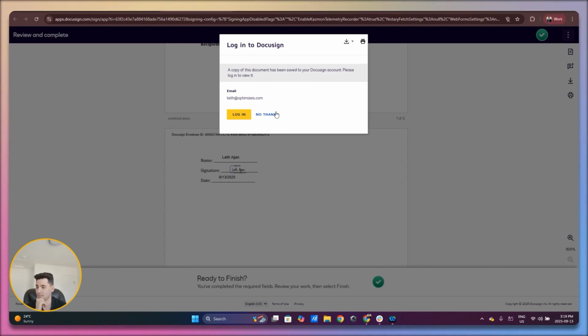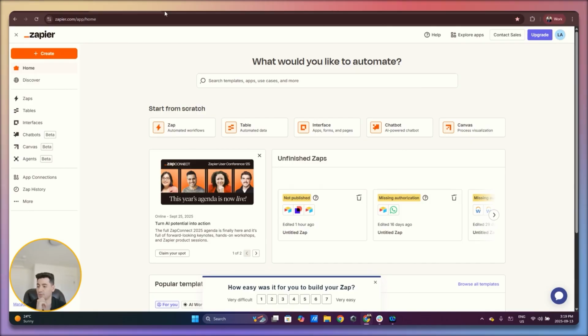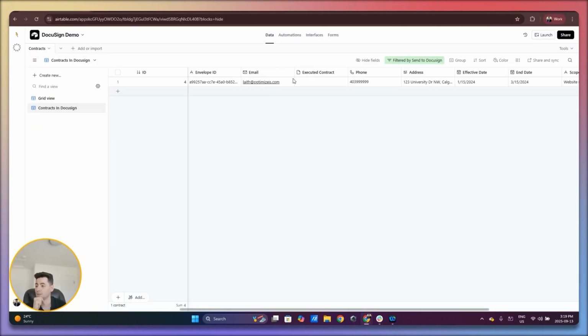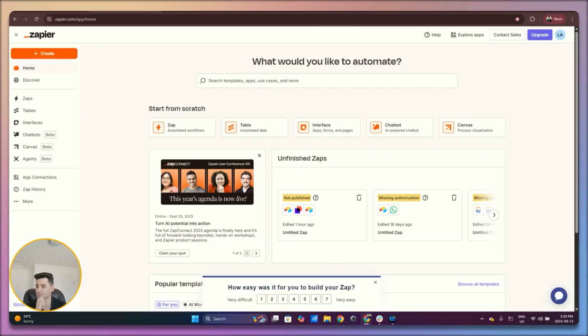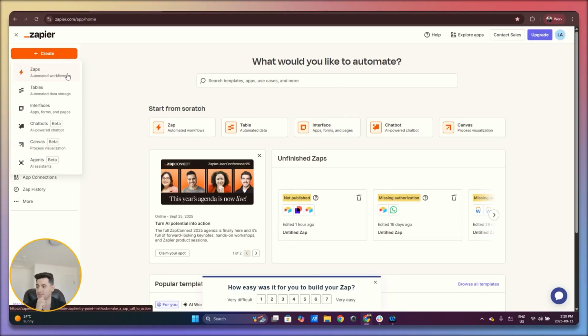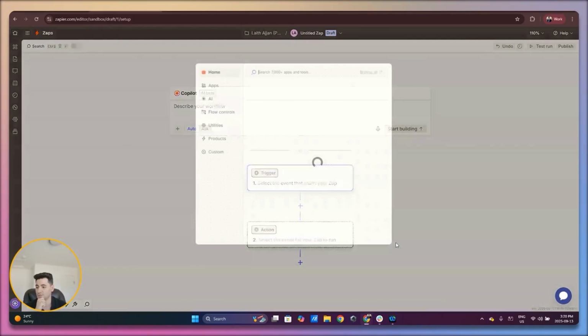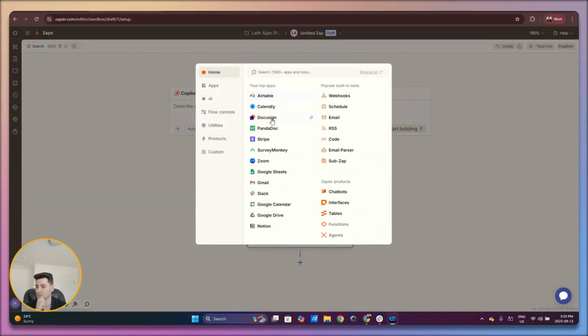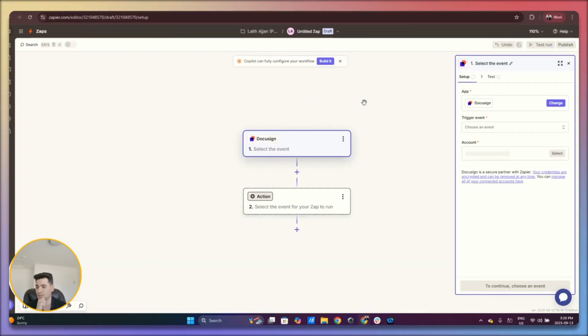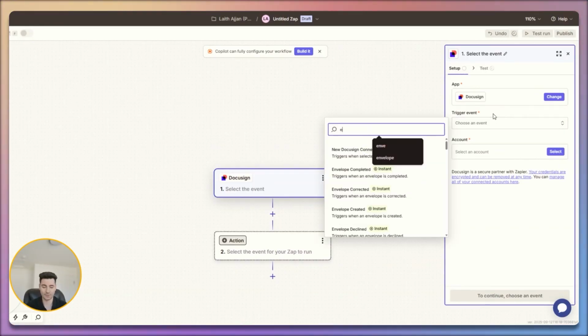So I've signed this contract, and now the next step is bringing this contract back to Airtable. So I've created a field called executed contract, just an attachment field. And now I'm going to set up the Zap that brings back my executed contract. So the trigger in this case is going to be DocuSign, and we're going to use the envelope completed